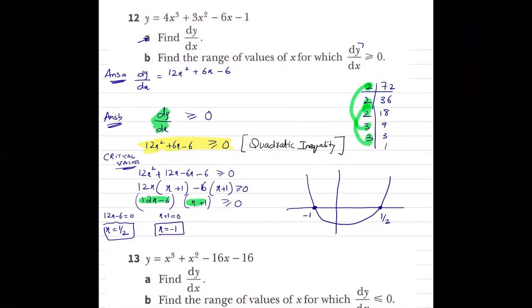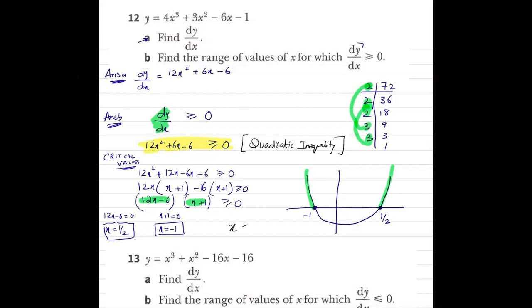These are the points where the quadratic function is going to be 0. I want those values of x where the quadratic function is greater than equal to 0. So as you can see on the graph, greater than equal to 0 means it must lie above the x-axis. So where is the graph lying above the axis? Over here and over here, right? So which values of x are going to satisfy this inequality?